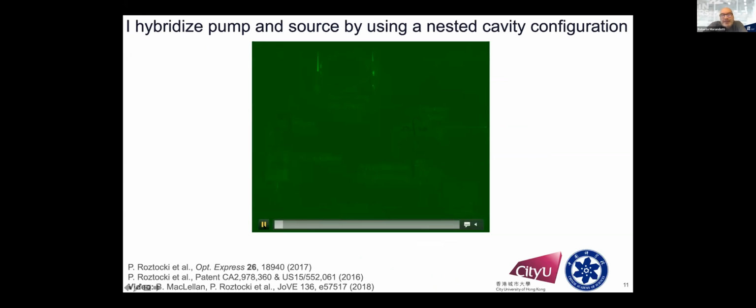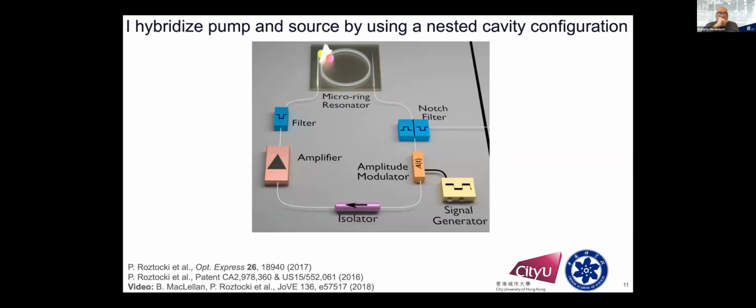So what's happening here, I apologize for the beginning, I don't know what's happening, but soon it should become better. Anyway, we have the pulse that enters the microring resonator. Then we can generate a pair of photons, signal and idler, and then we can output them. In the meantime, the pulse continues to go through the cavity, and the process is repeated. And here we can see a signal generator and an amplitude modulator that allows us to carve the pulse inside the cavity if you want to do some signal processing or control.